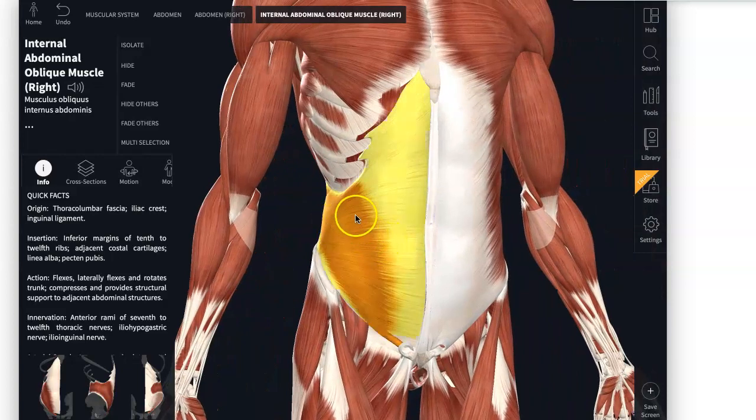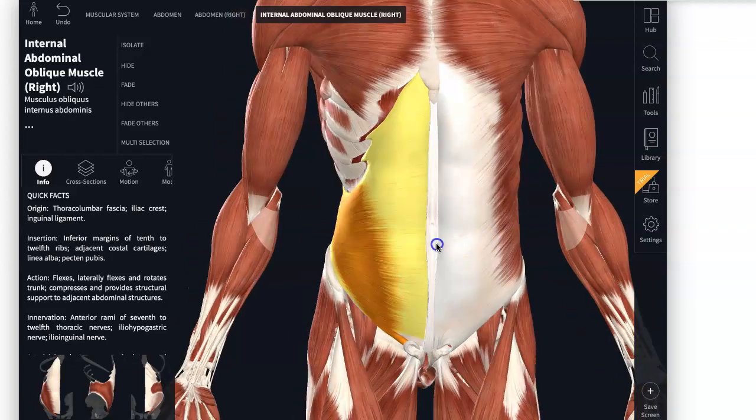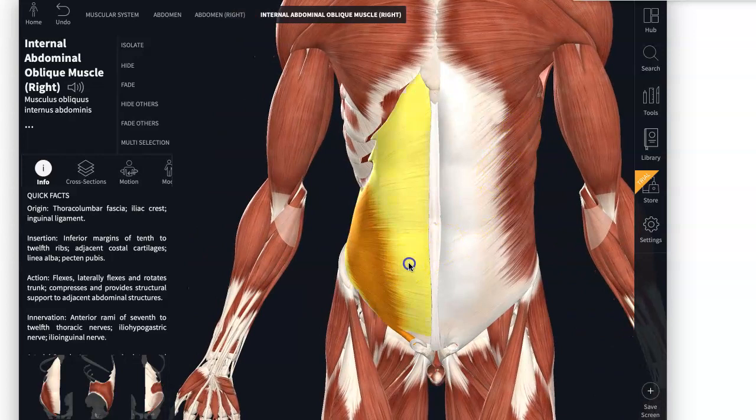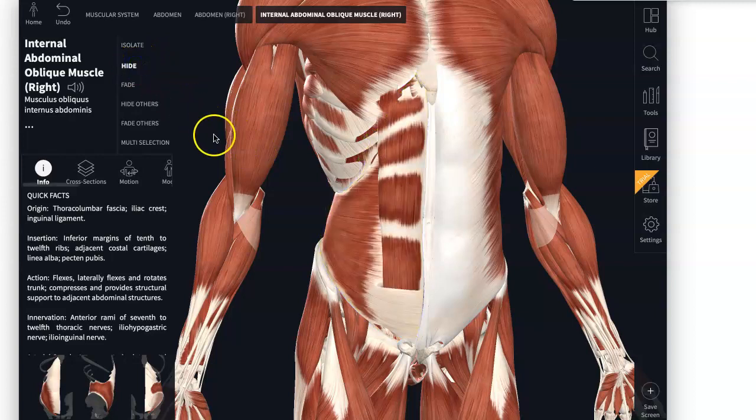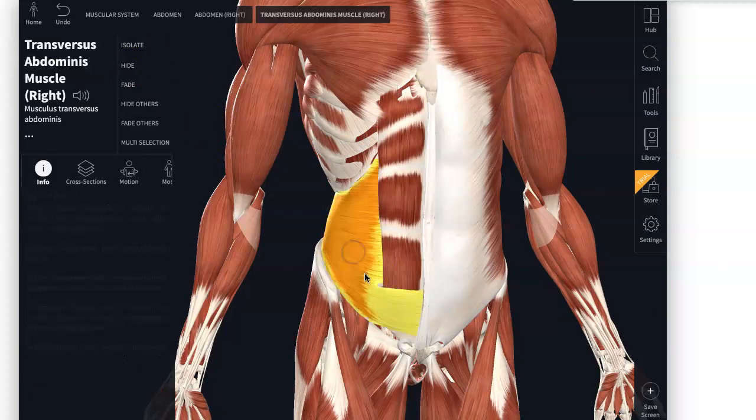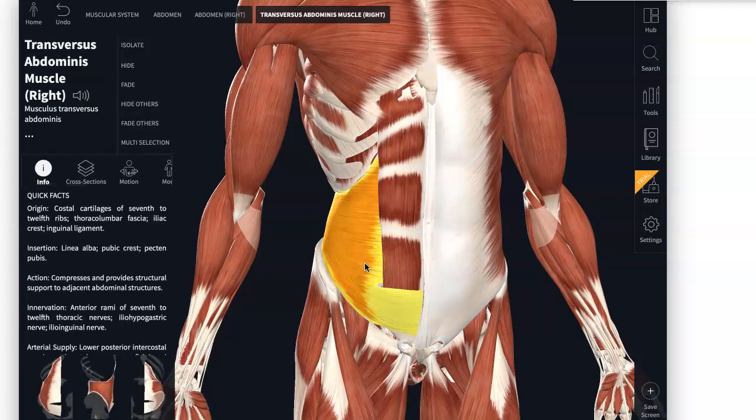This is internal oblique. The muscle fibers are going upward. He's not quite as big as the external oblique. That's the internal oblique. Now if we hide him, then we are getting into the transversus abdominis,